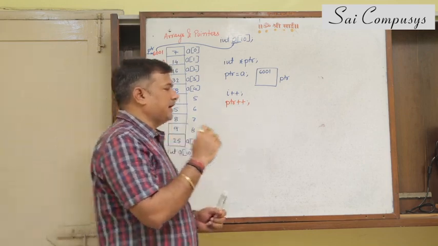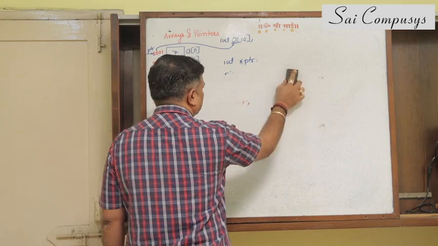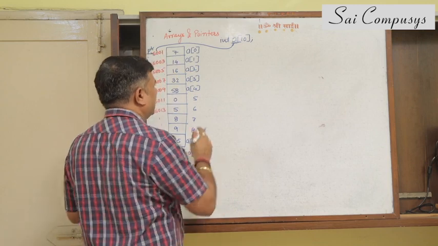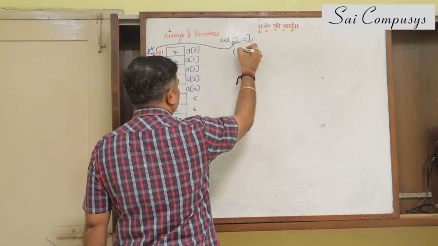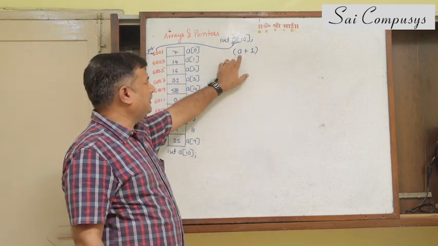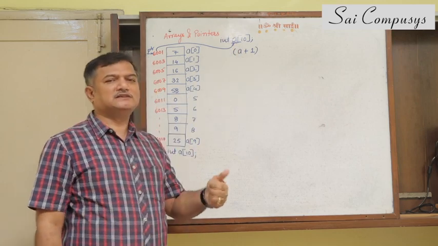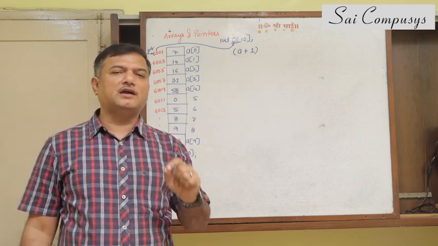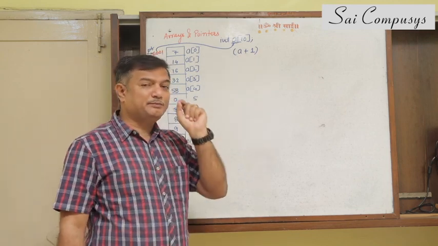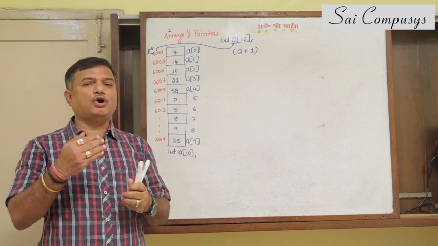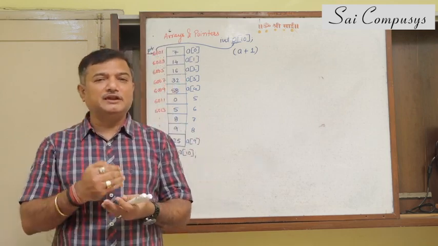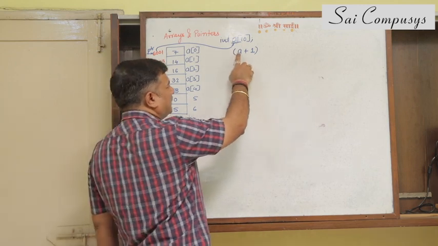Keeping this in mind, let me try something today. I'll write down a few things for you people. See. A plus 1. Please note this. A that I have written is the name of array. And as I said, name of array will always contain the starting address of the array. That starting address plus 1. Now this plus 1 has to be noted. I am not incrementing some normal number by 1. I am not incrementing a normal integer number by 1. I am actually incrementing the address plus 1.